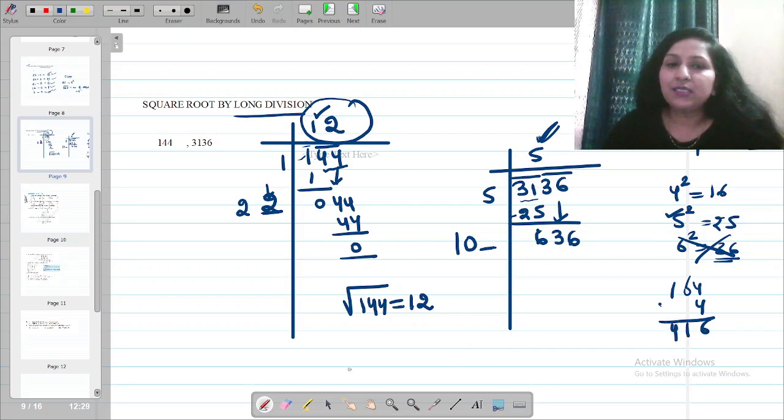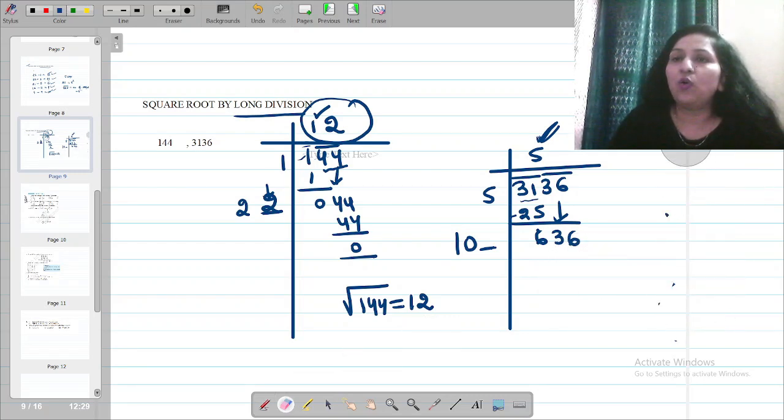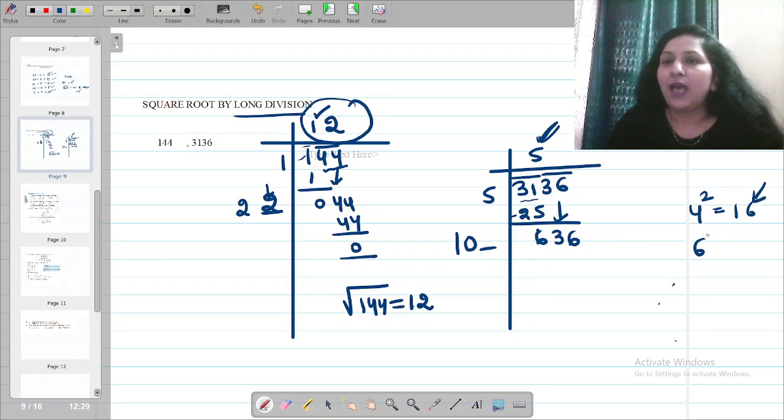Now, let us understand one thing. How do we get 6 as a digit on 1's place? How do we get 6 at 1 place? Either I take the square of 4, that becomes 16. See, 6 at 1 position. And if I take 6 square, then I get 36. 6 comes at 1's position only when I'm taking the square of either 4 or 6. It can be 14, 16, it can be 24, 26, anything. But 1's digit has to be 4 or 6. We have just tried with 4. I'm trying with 6 now.